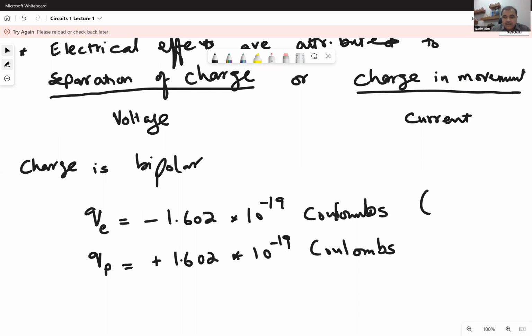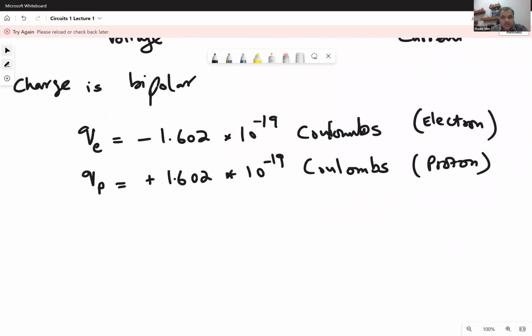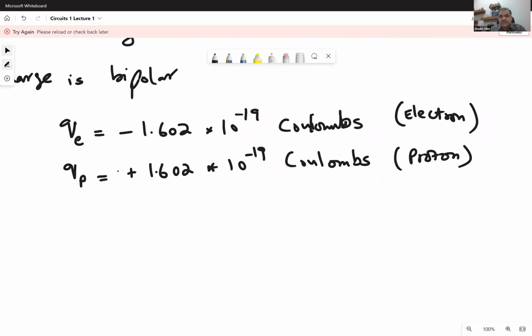So this is my charge on an electron, and this is the charge on a proton. Okay. Now, when we talk about current, the flow of this charge is essentially how current is described. So we can say